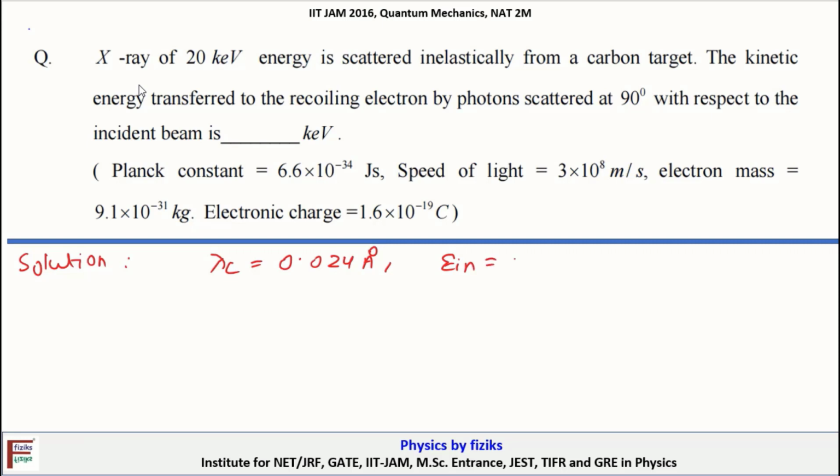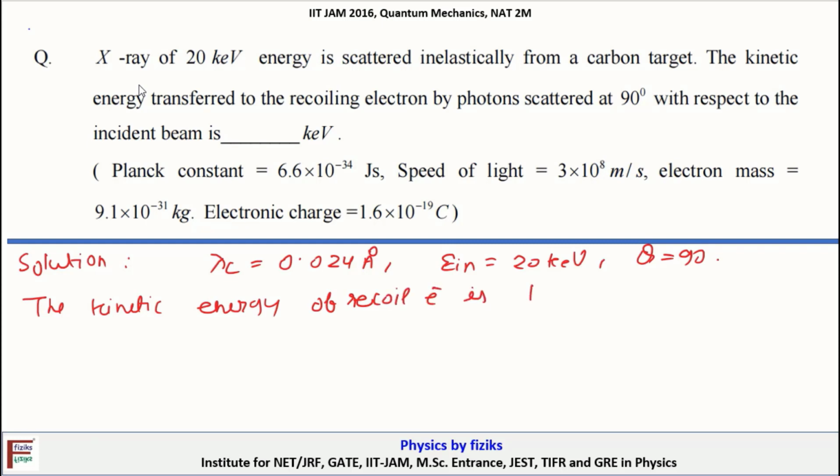Energy incident is 20 keV and theta is 90 degree. The kinetic energy of the recoil electron is kinetic energy equals E incident minus E scattered, where E incident